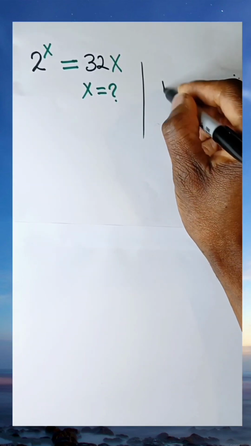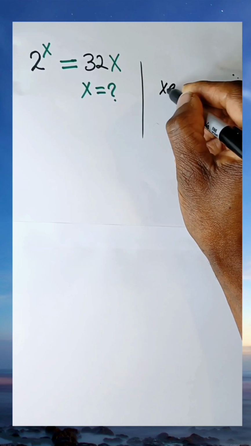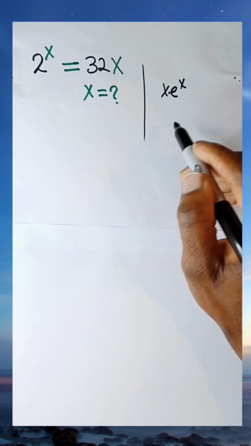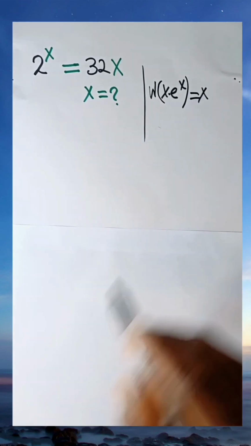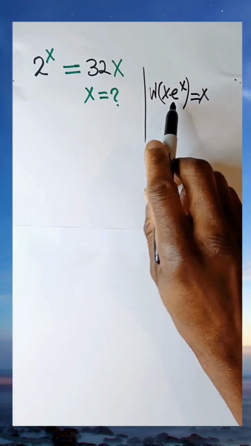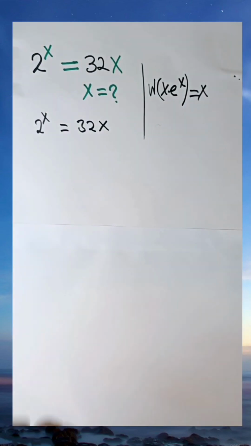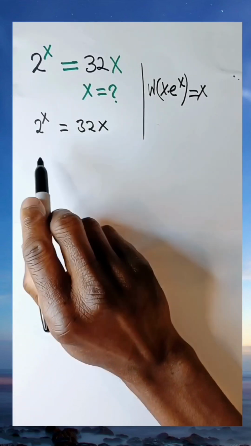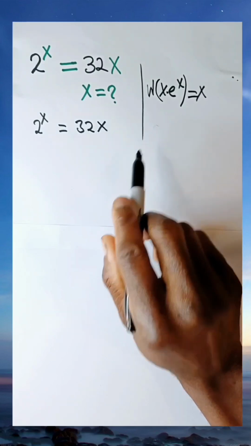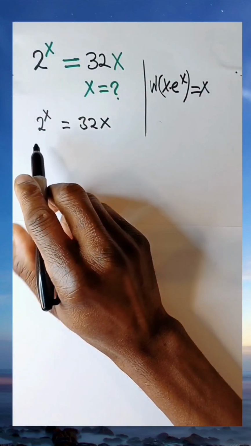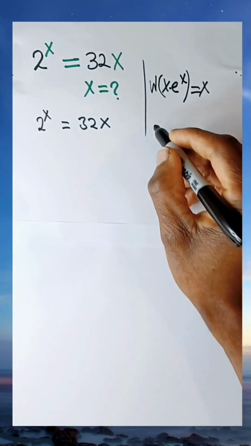If we have x times e raised to the power of x, if we apply Lambert W to this expression, this is going to give us x. Okay, so we'll be using this function in answering this question. To answer this question, we are going to make the left-hand side contain the constant, while the right-hand side will contain the variable. To do that, we are going to divide both sides of the equation by 2 raised to the power of x